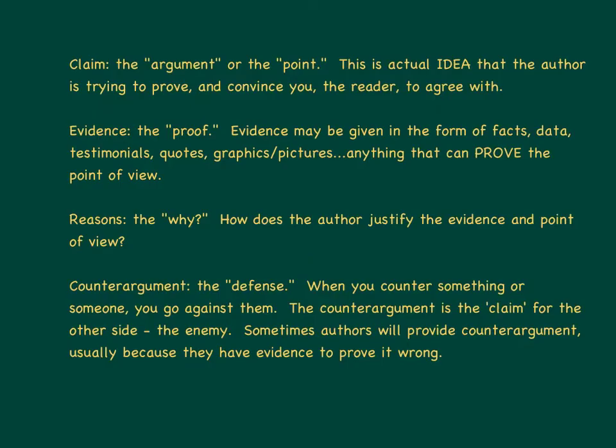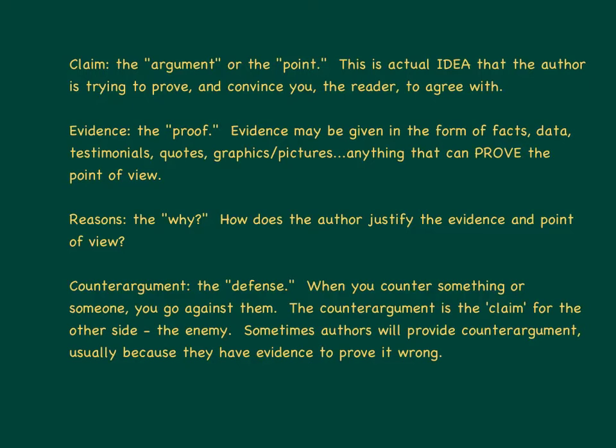Before we analyze the point of view or argument in text, we need to review some terms. Claim. A claim is the argument or the point. This is the actual idea that the author is trying to prove and convince you, the reader, to agree with. Evidence. This is the proof. Evidence may be given in the form of facts, data, testimonials, quotes, graphics, pictures, anything that can prove the point of view. Sometimes the evidence might even be the author's opinion, although it might not be as convincing as actual